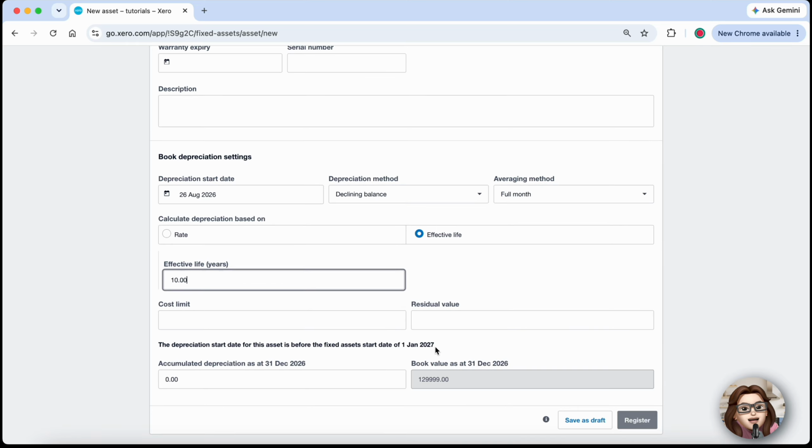And that's it. You've successfully registered a fixed asset in Xero, and it can now be tracked and depreciated based